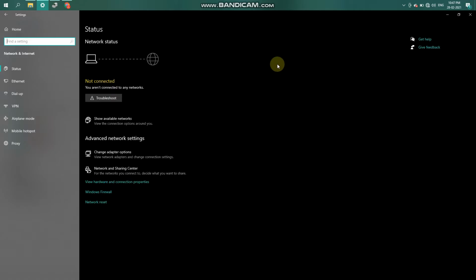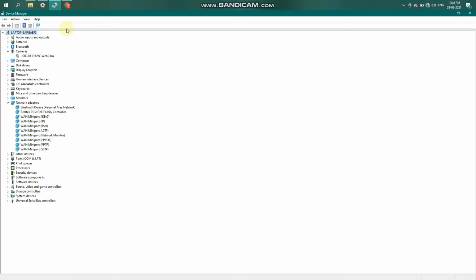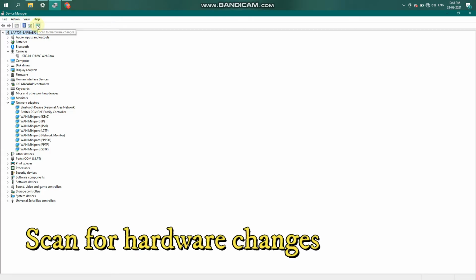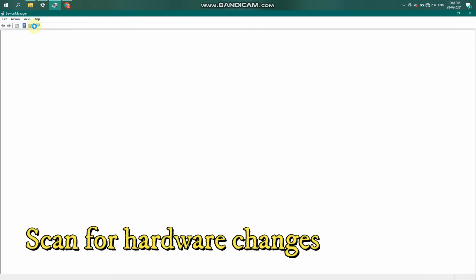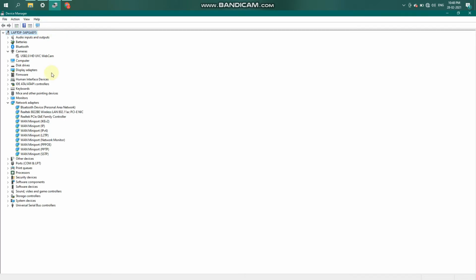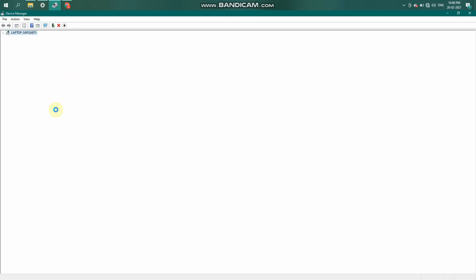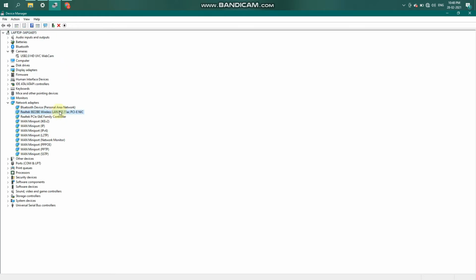Now to re-enable the Wi-Fi setting option, in case you want to access the internet, you can do that. Just go to the same Device Manager, and look for the option Scan for hardware changes. Just tap on this, wait for a few seconds, and that's it. The wireless LAN 802.11 adapter is reinstalled.